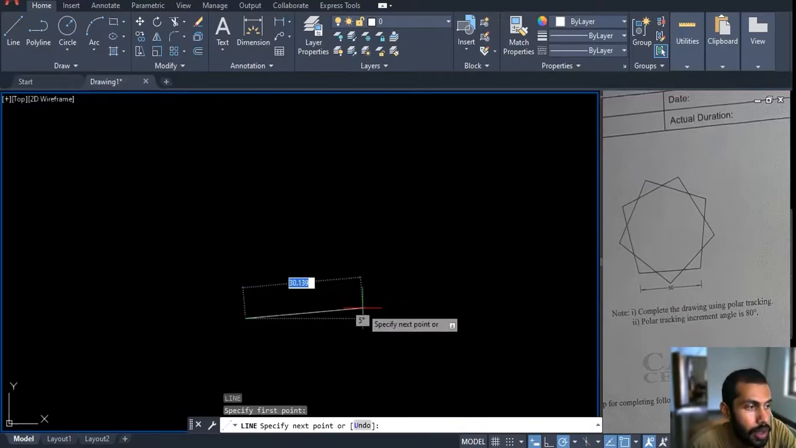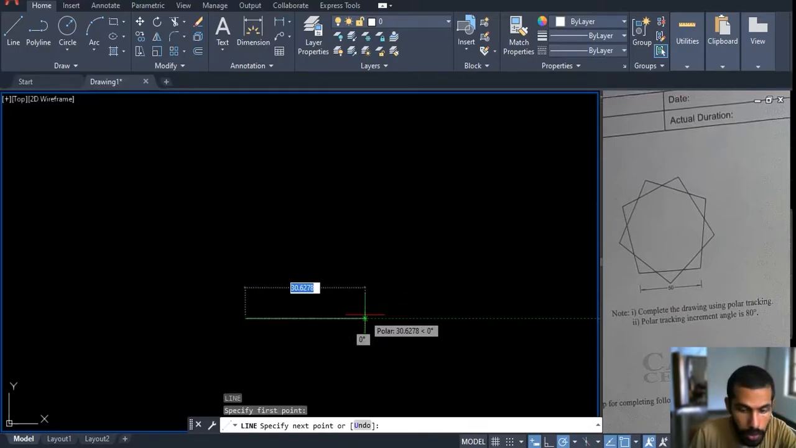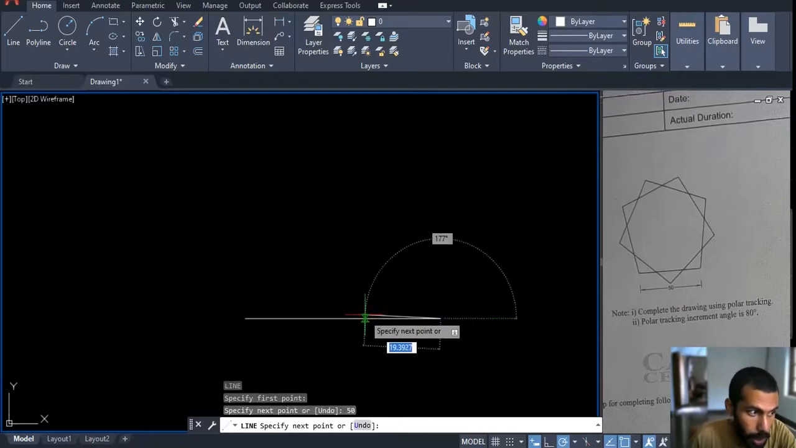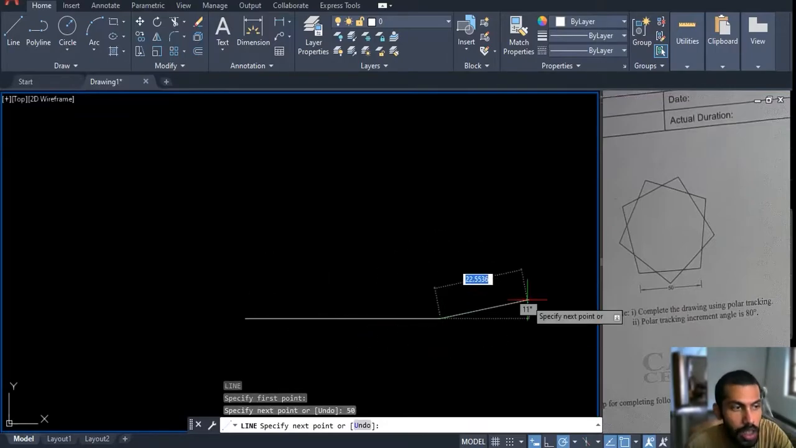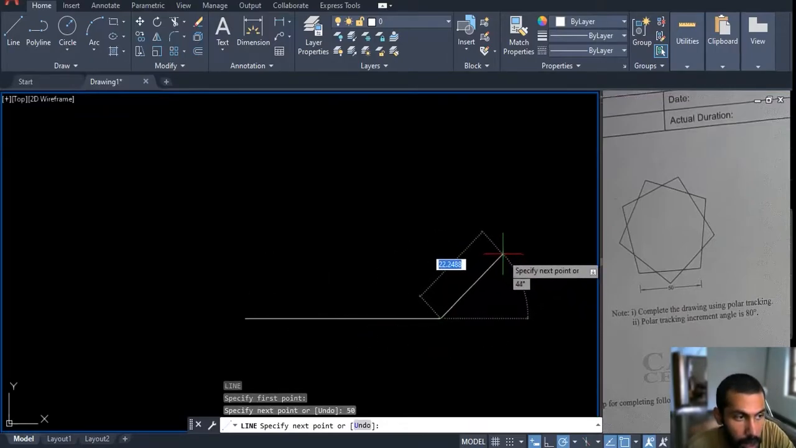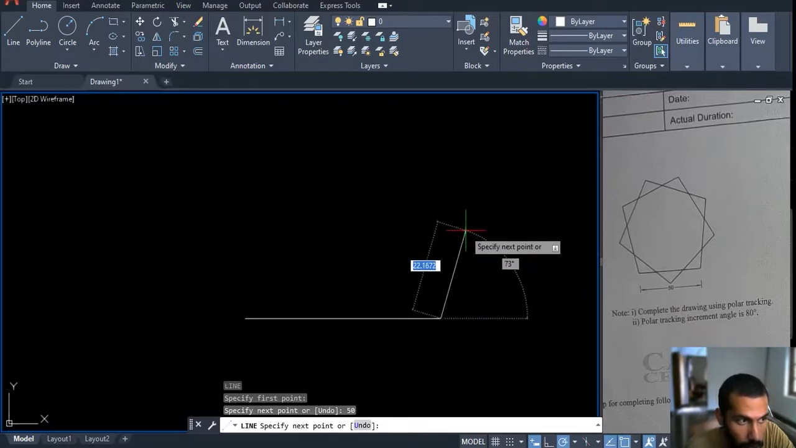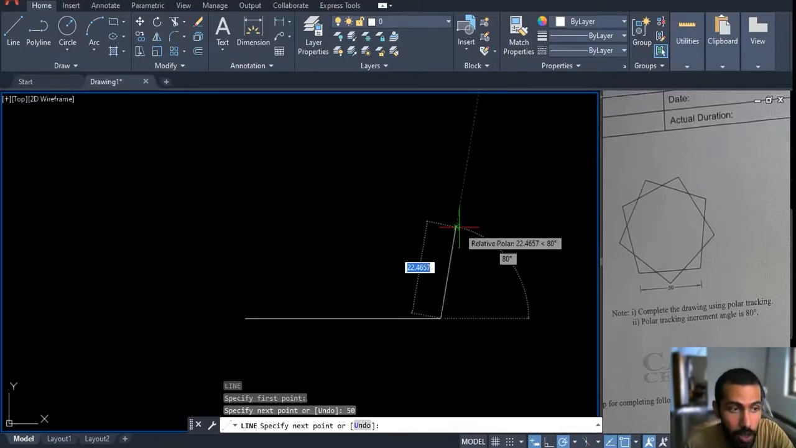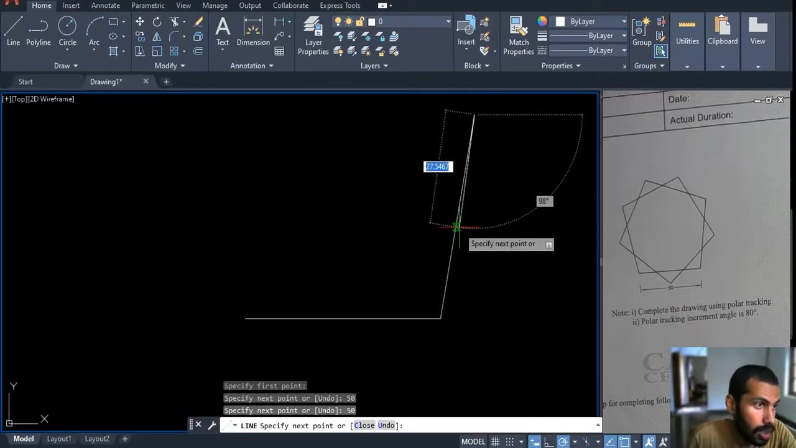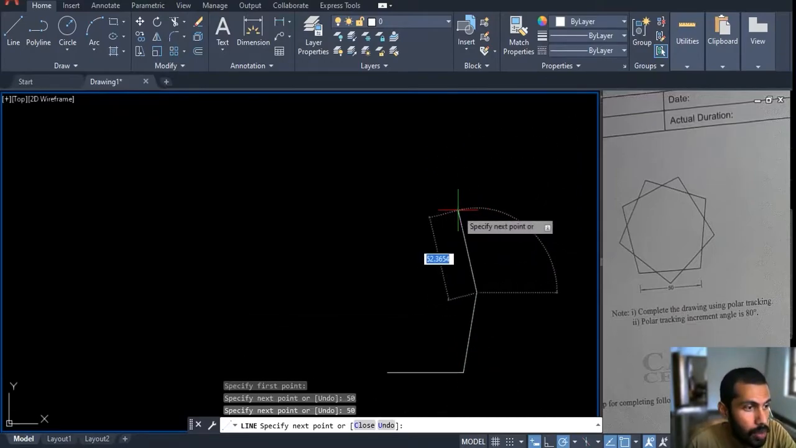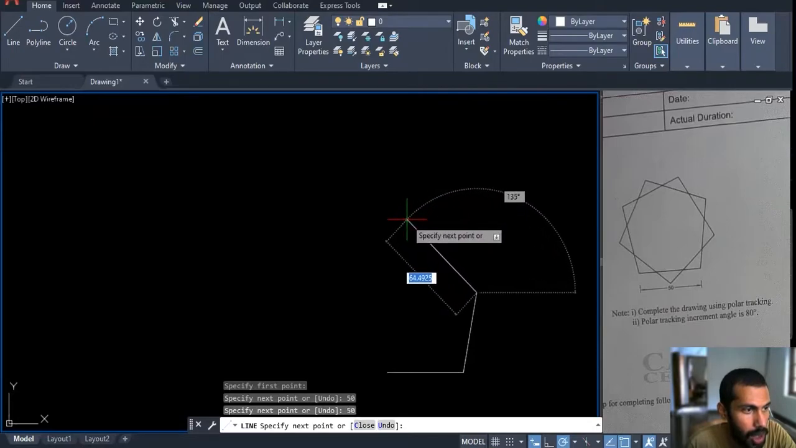Right now, let's draw this. The length of the line is 50, as you can see from there. Now what we want to do here is turn your mouse around until it hits 80 degrees. When it hits 80 degrees, you can type the length of the line, which is again 50. Once again, move your mouse around until it hits